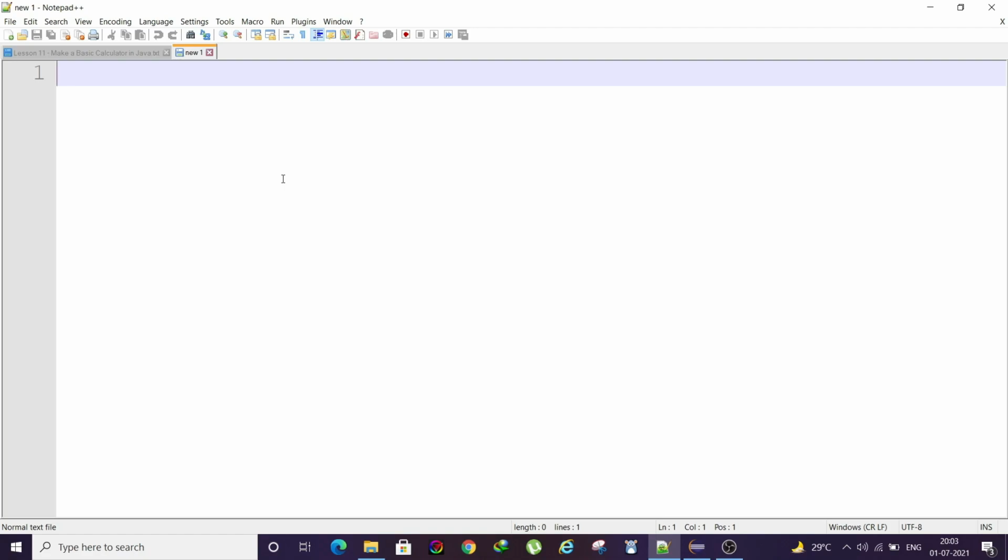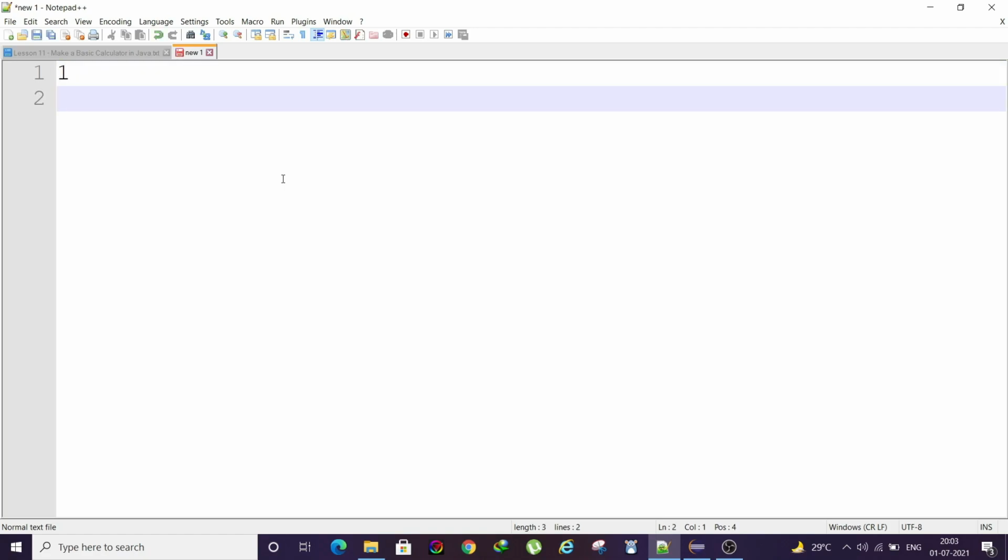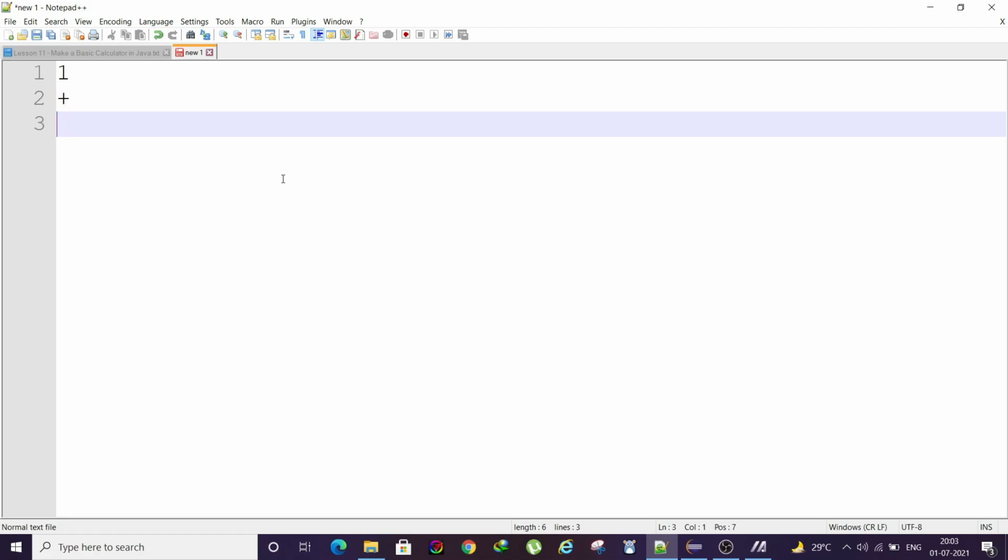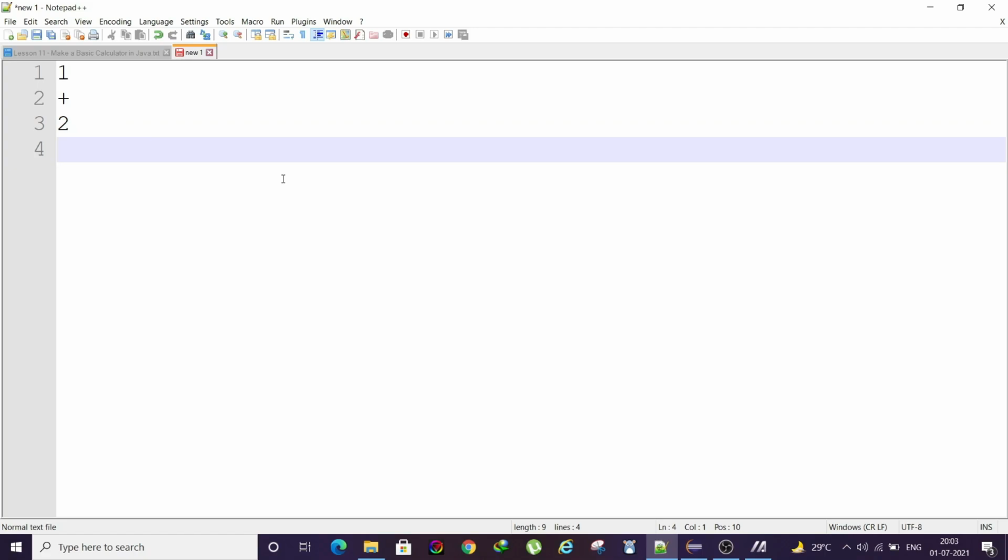For example, let's say the user enters 1, then clicks enter, then puts plus, then enter, then 2. When he presses enter the next time, the sum will be shown to him, like 3.